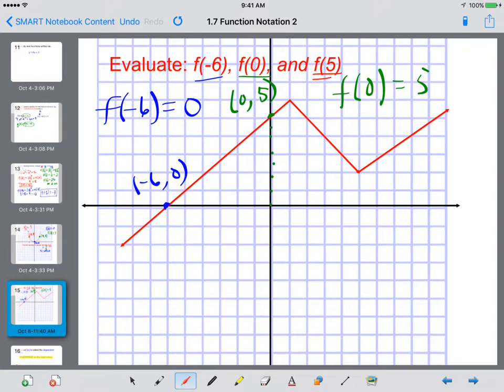Last one, f of 5, I'm going to go over along the x-axis to 5 here. Make sure I erase that, no confusion. I need to travel up my graph. Here is the point. X is 5, y is 2. So f of 5 equals